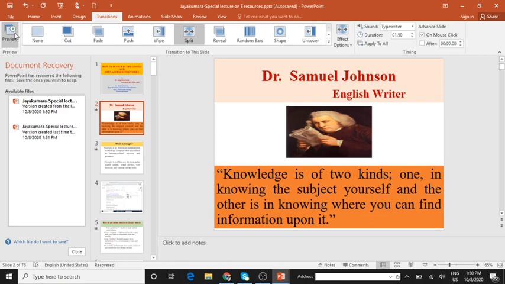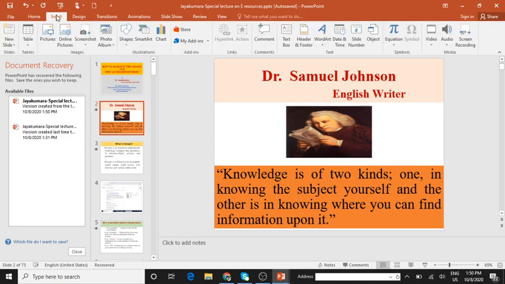How to do it? Adding video from a file. So what is this addition? Addition is nothing but inserting something. In your Word also we have already worked with that. Click on insert. Once you click on insert, you have video and audio options here. Click on the video. If you want an online video, you can take it, or video on my PC, that also you can take it. It will bring you a menu where you have to pick the source of the audio or video respectively. Okay, video from file, it's like from my PC.